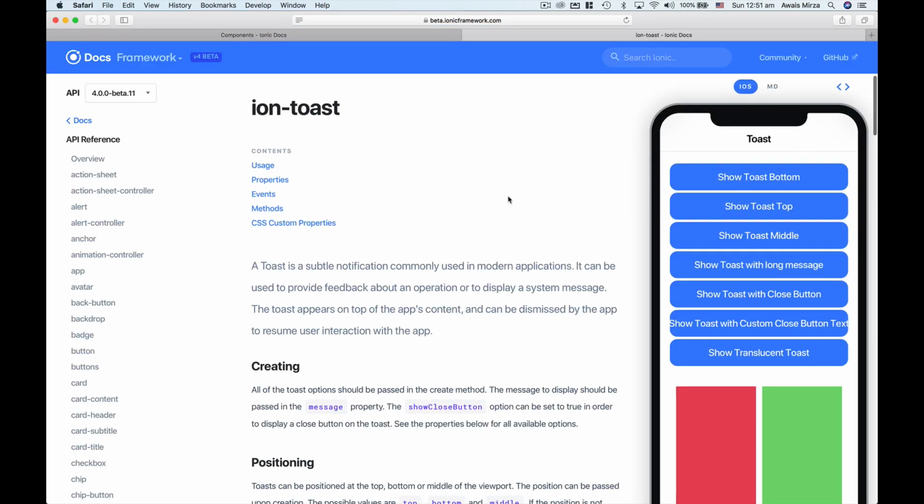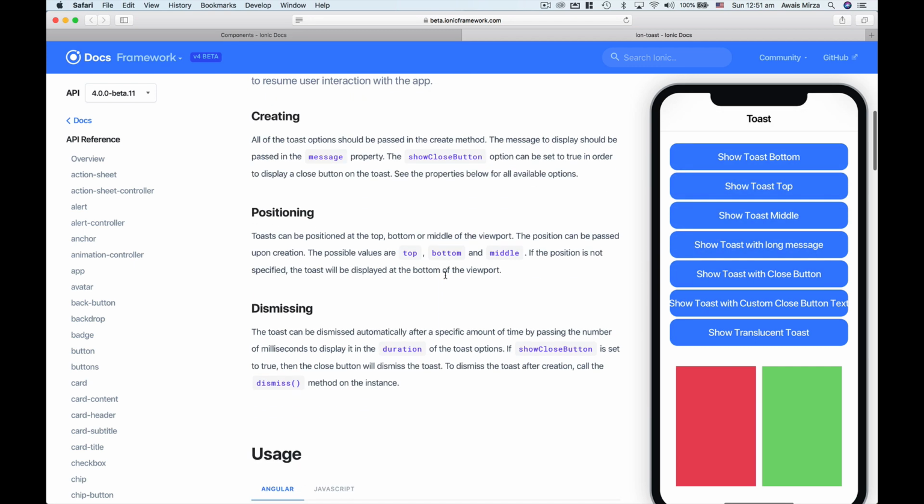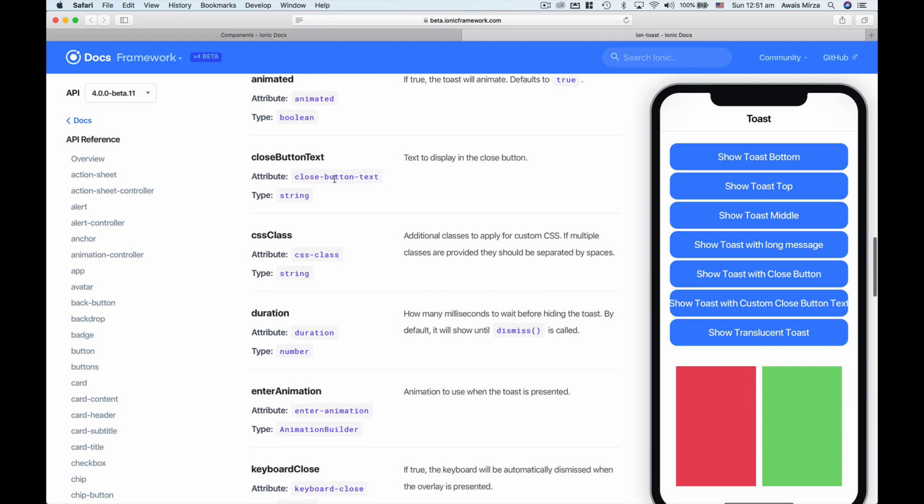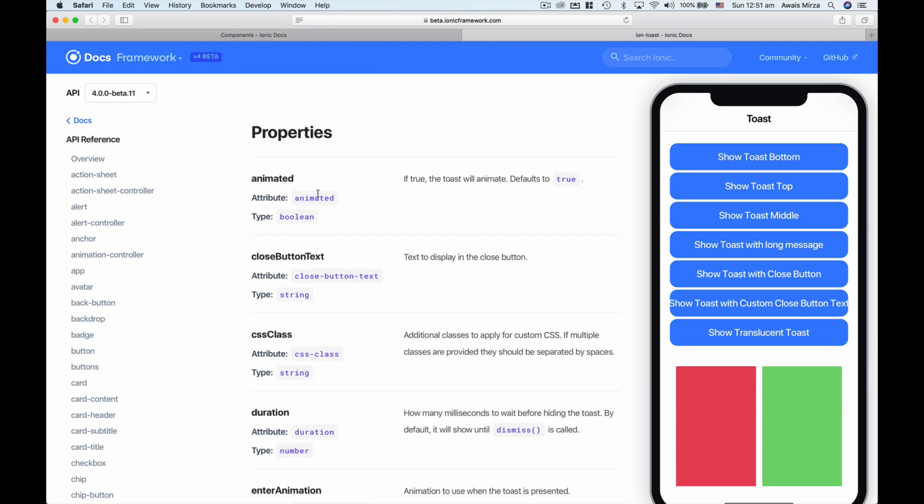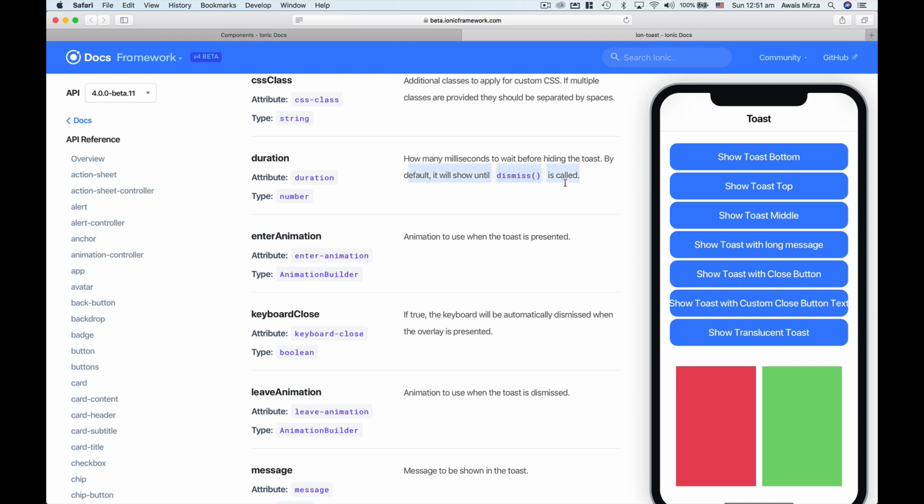Let's go here, and here we can find really cool stuff. So we have a toast here which comes from top to bottom. We can see the properties. So here we have a property of animated, if you want to animate that or not. So we specify a property named animated, and then we put the value. It's a boolean, so it takes either true or false. Duration, we can specify the duration, and after this duration,